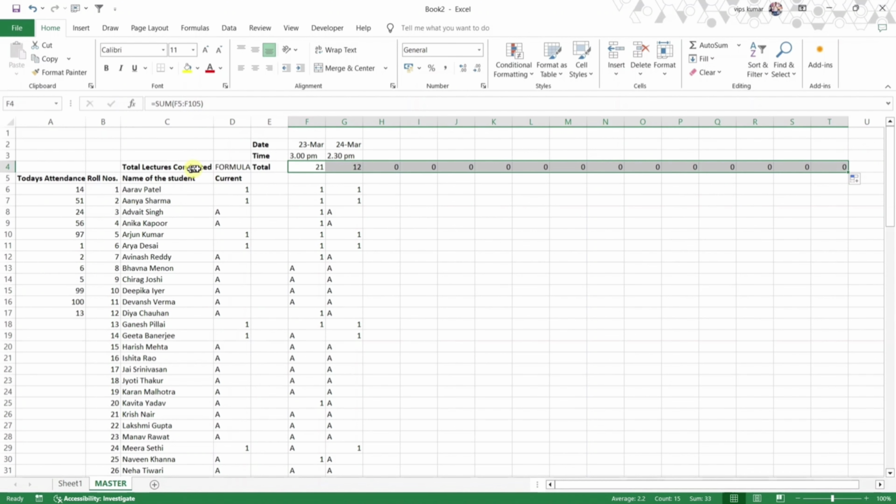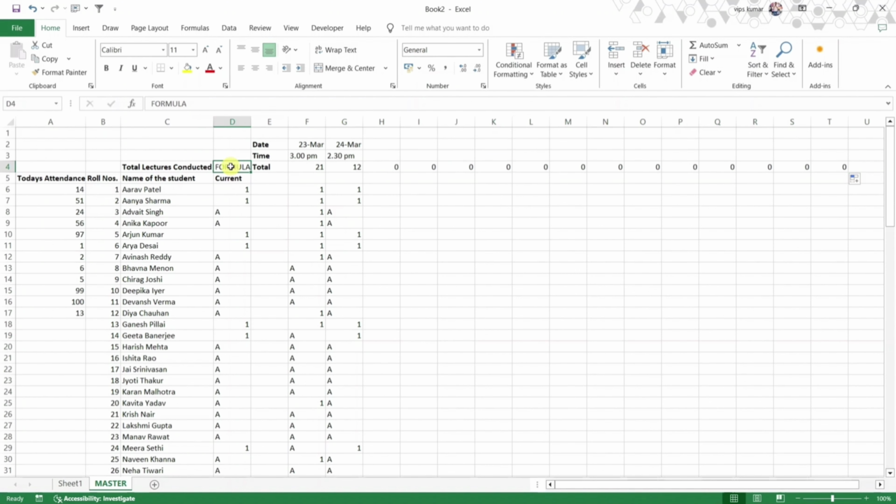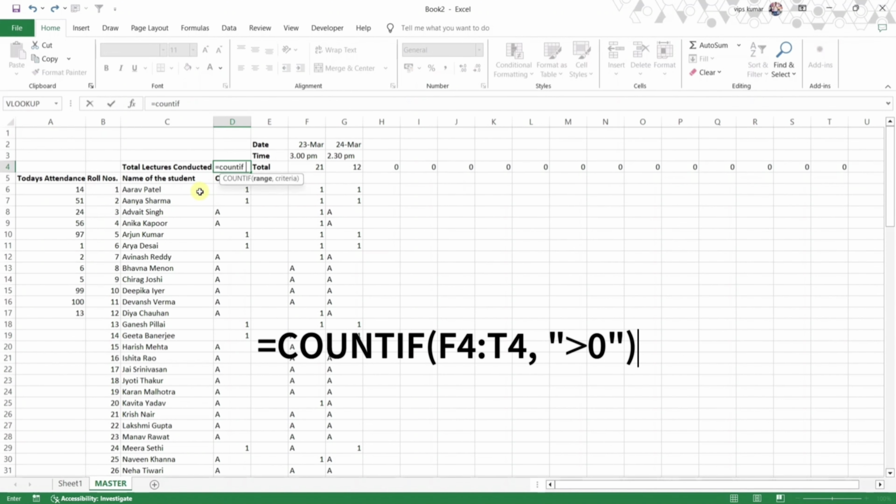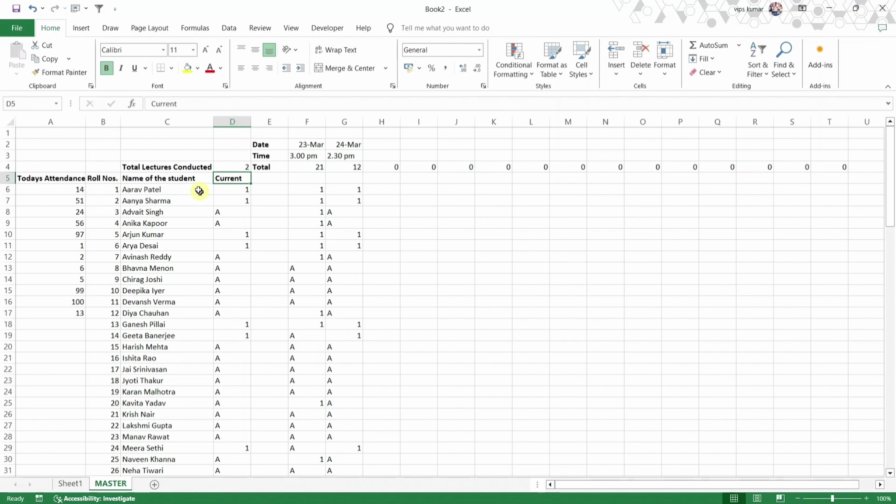Now also we need to know the total number of lectures which are conducted for that entire month. So in this particular case, in column D4, we are going to write down the formula, and that is given by COUNTIF. Select the column F, the number of students which are present, select all the entries, and then for the condition put in quotes greater than 0 and close the bracket, enter. So you can see right now we have two lectures which have been conducted,